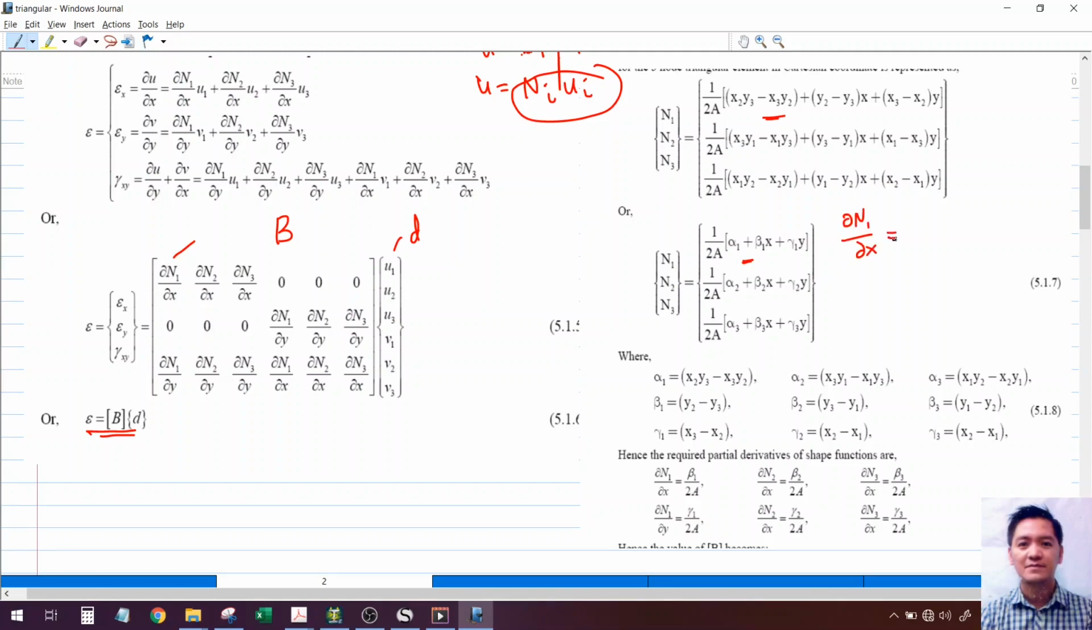dn1 dx is equal to, remember, constant lahat to, no? In terms of coordinates to mga to, no? So, dahil dx, so constant to. Constant yan. Yeah. Okay. dn1 dx is simply beta 1 over 2a, which is ito. Okay, how about dn2 dx? Again, constant